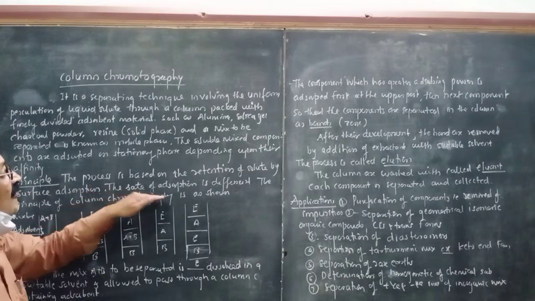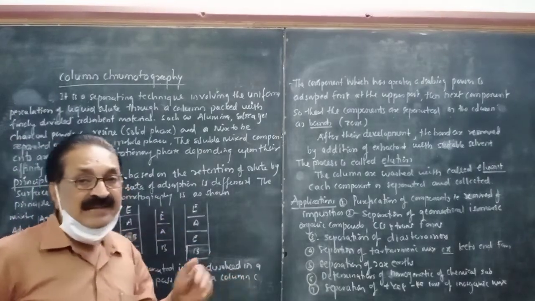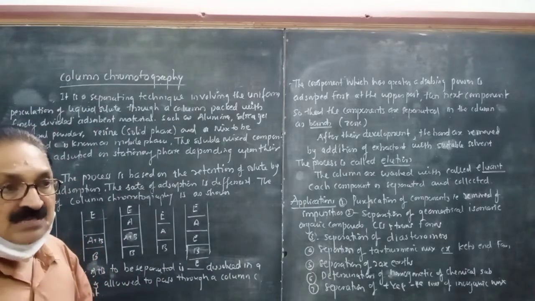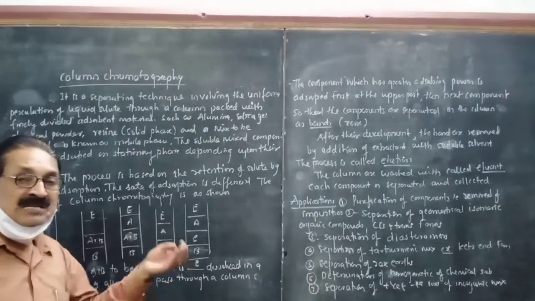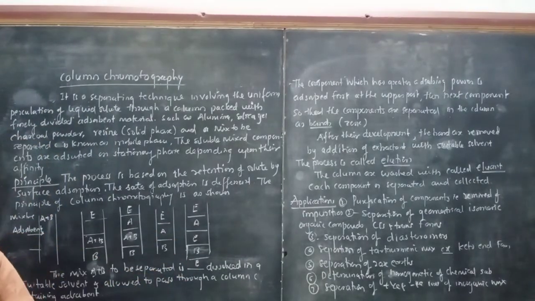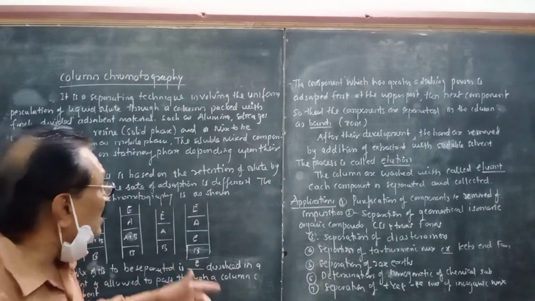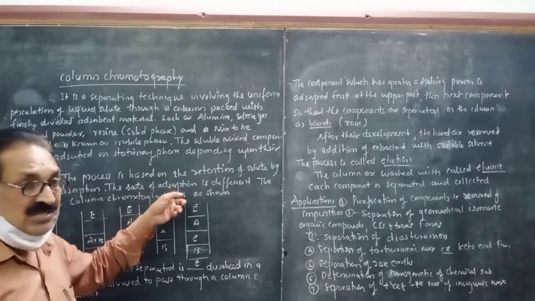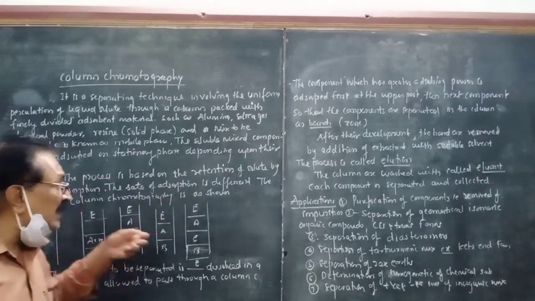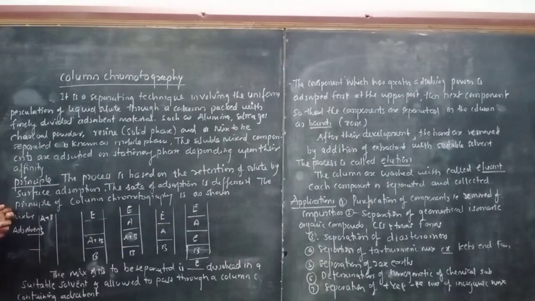The rate of adsorption is different for different components. Suppose A, B, C, D are components present in a mixture; then all these components have different rates of adsorption, and depending upon that, these components are adsorbed over the